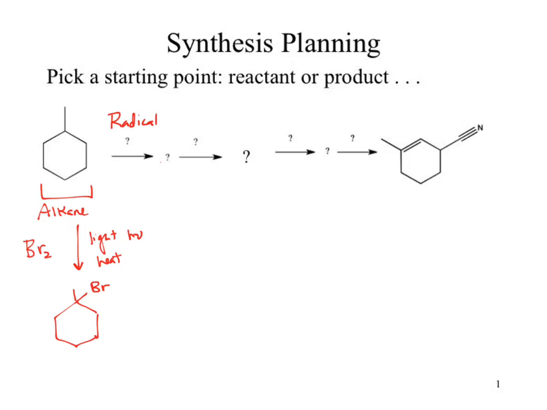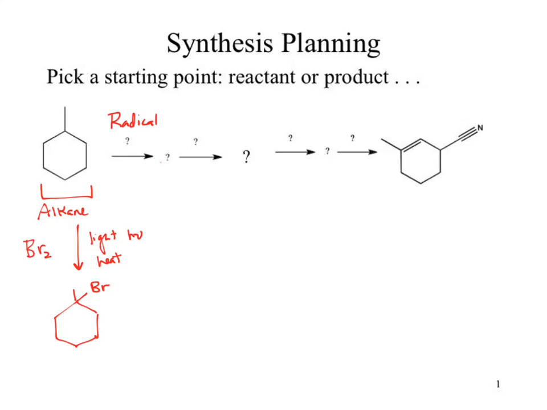So that did one thing for us. That advanced us one step forward. How much of that did we need to know? Well, hopefully you remembered the radical. And then so far when we talked about radicals, we only said you're using bromine. So you do need to know that reagent. If you didn't know that reagent, you could have gone based off of the type of reaction that we run with radicals, which is